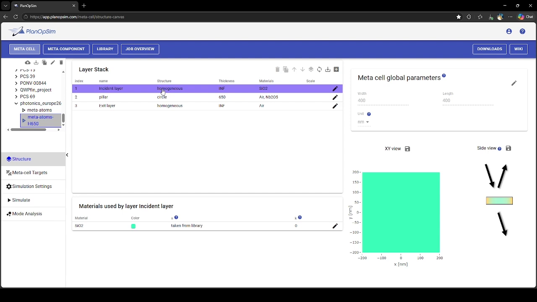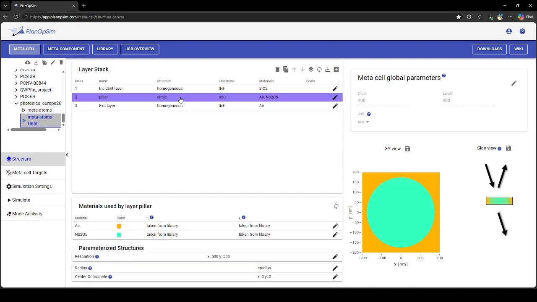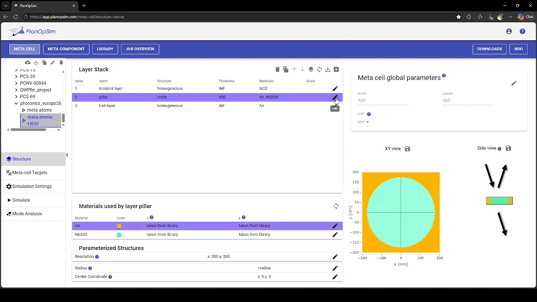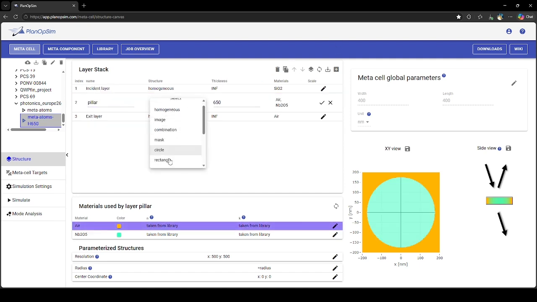So we'll set these here. In a typical meta surface, we'll always start from an incident layer, in this case fused silica, and an exit layer of air, and in between we'll structure our different sizes. So in this case I'm using a niobium pentoxide structure with a thickness that I've given here, and I can modify these of course here. I've set this to be a circle, but I could easily change this, for example, to rectangular shapes or anything else of my choosing. But let's, for the sake of this demonstrator, set this back to a circular shape,